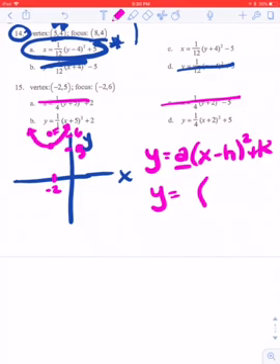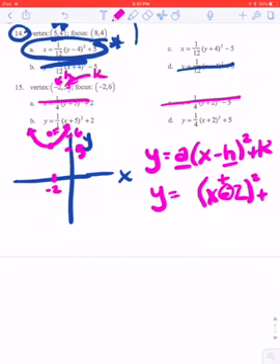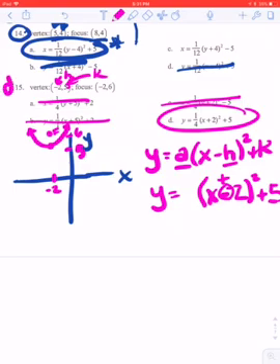But let's look at our vertex point so we can figure out how to get this stuff in here. So if I look at my vertex, that is my h value, the first number. So h goes in here. Oops. Let me erase this negative so I can move it over. H goes in here, so if it's minus 2, that ends up being plus 2. And the second number here is my k value. So that's 5. That has to go on the end. So the only one that matches that is going to be D. Because on B, they have them mixed around. So that means 15's